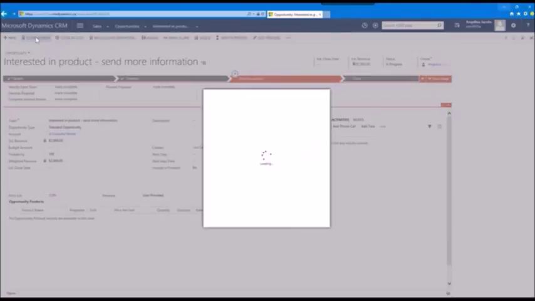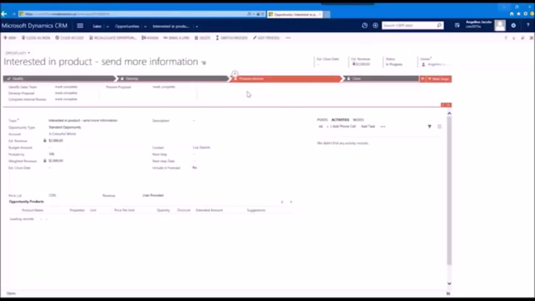So I'm going to close this one as won again, and just go through the same steps. Now, when you close an opportunity as won, that box that popped up actually captures what is called a close opportunity activity record. And that's just another form for the system to be able to capture the activity that